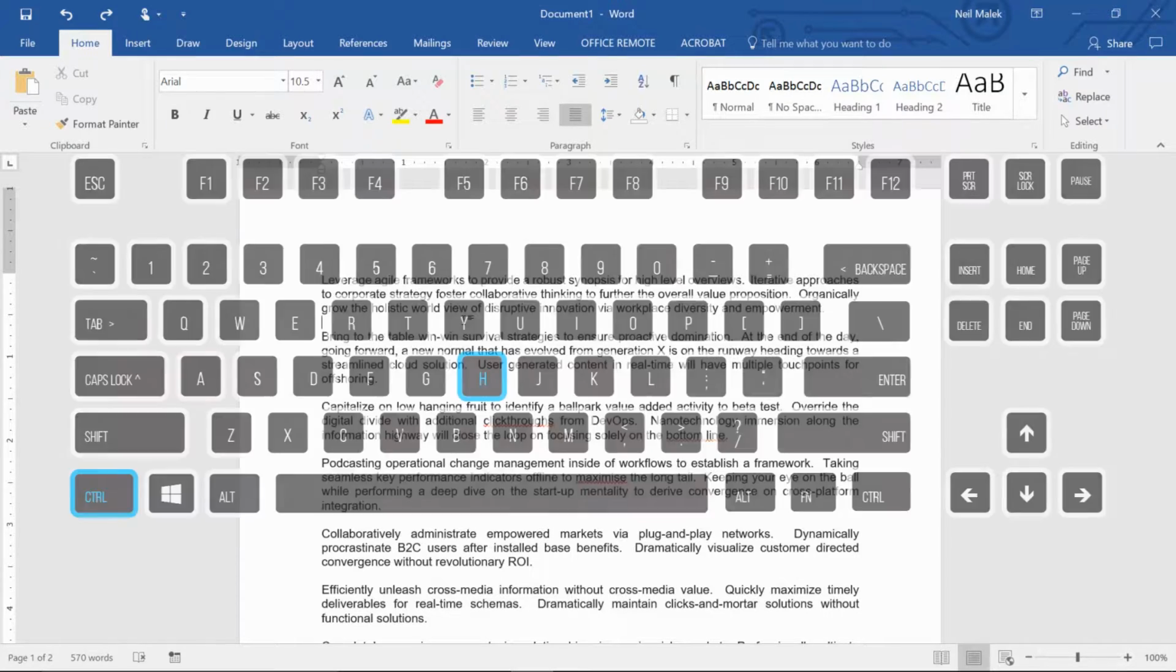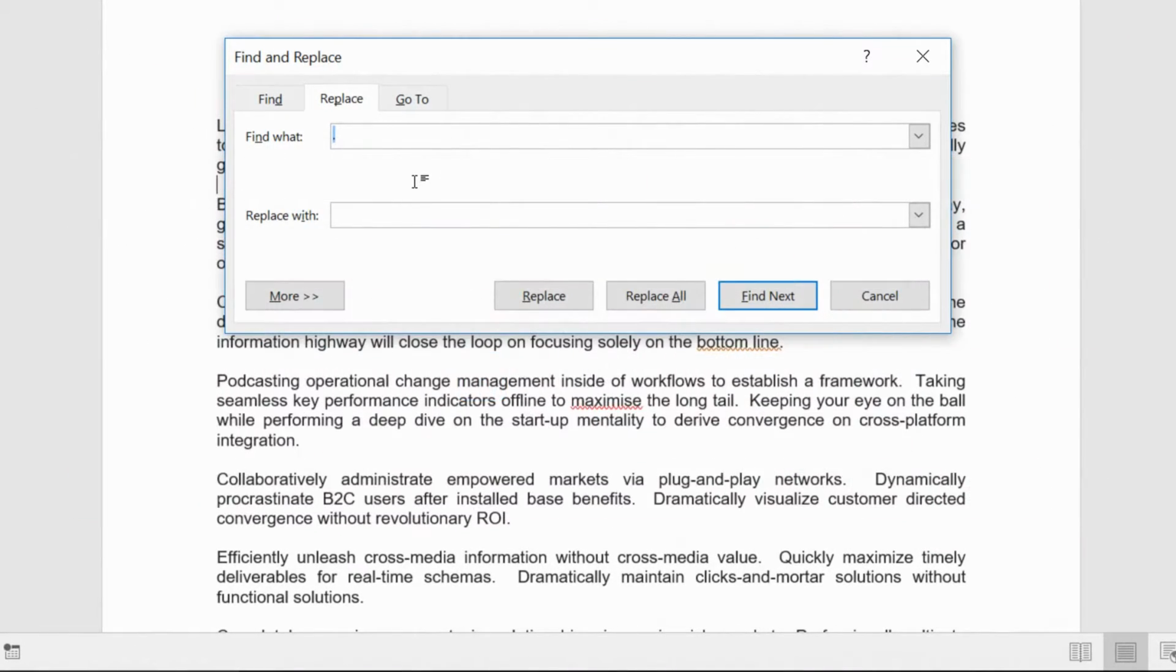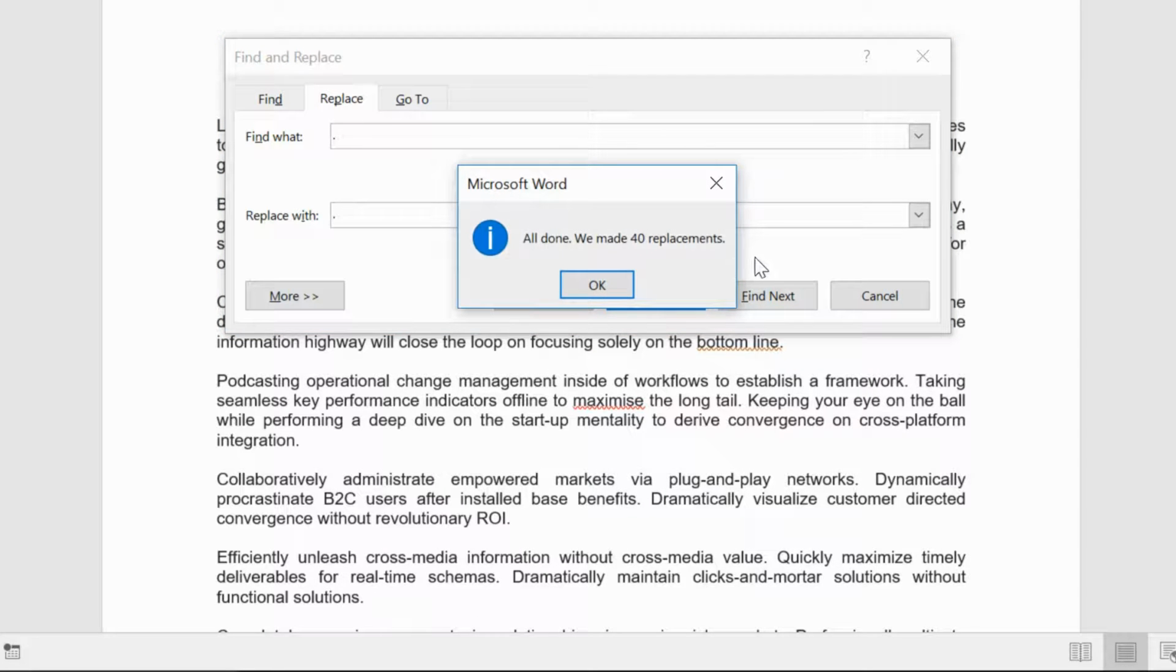So if you use the keyboard shortcut Control-H, very simply here, find what? You can find period, space, space. So literally hit the period, hit the space bar twice, and then replace it with period, space. And that's it. By hitting Replace All, I can go through my document here and replace all 40 instances of